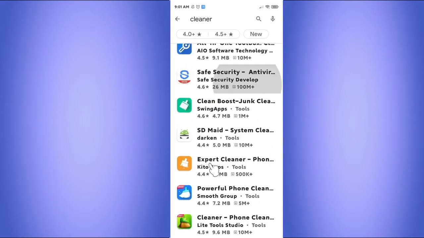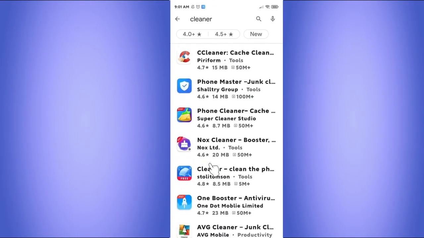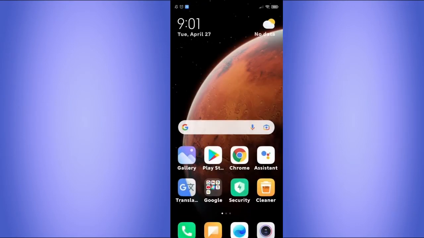and type cleaner in here. Just select the cleaner you want, and I recommend using a cleaner that is well rated, like CC Cleaner or this. But by default, Android smartphones usually have a cleaner app. You can just click this cleaner